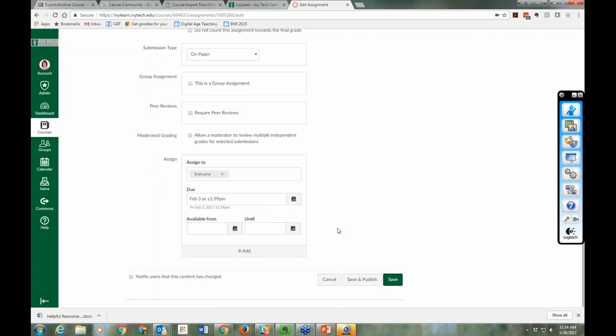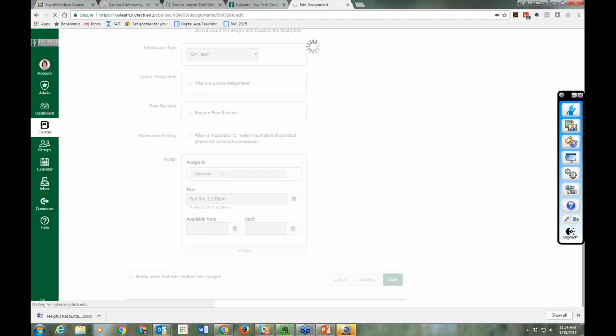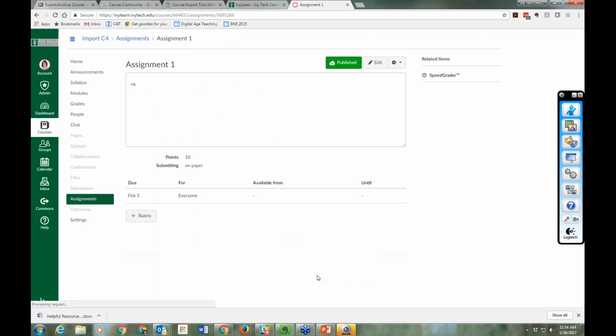I could change the time if I wanted to. And I'm going to hit Save and Publish. The reason why, even for an on-paper item, that I might want to do this, is you can see that I could add a rubric to this here, and then you can actually use that rubric to grade the student's work in the speed grader. So even if you have a stack of paper assignments, you could attach the rubric to the paper assignment item in Canvas and be able to run through the grading of it via the rubric using the speed grader,